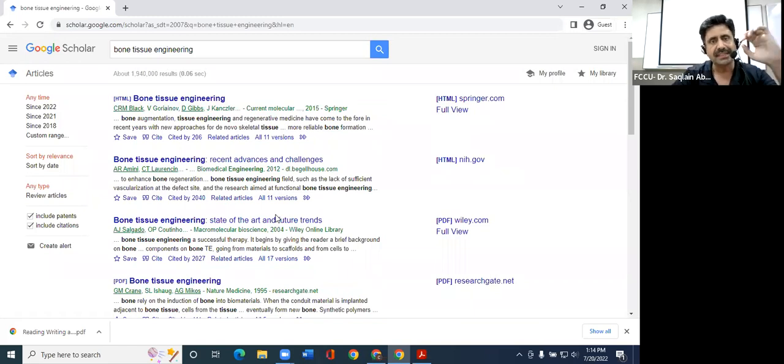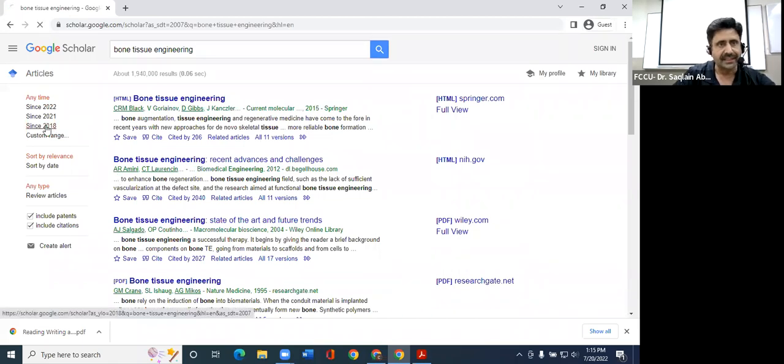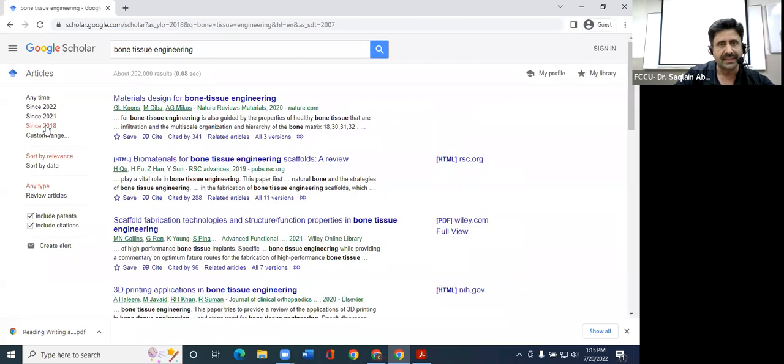papers, and those will be dealing with most probably the fundamental science, the fundamental knowledge, the basics of that particular field in that research area. Then, but I don't want to just understand the fundamentals. I also want to be updated with the modern knowledge, the current knowledge. I will be choosing since 2018. I will be clicking on since 2018,